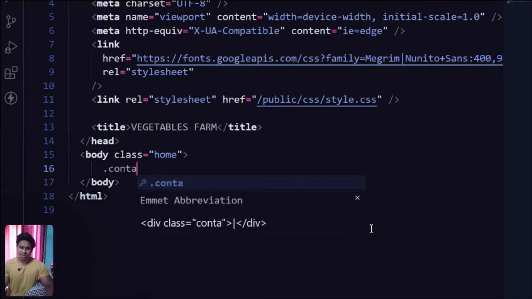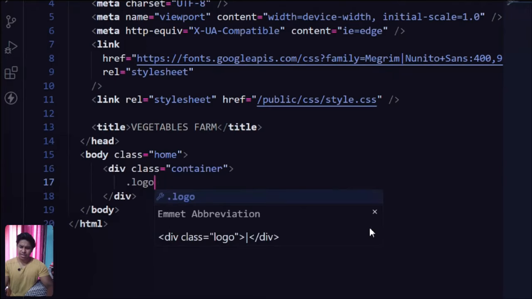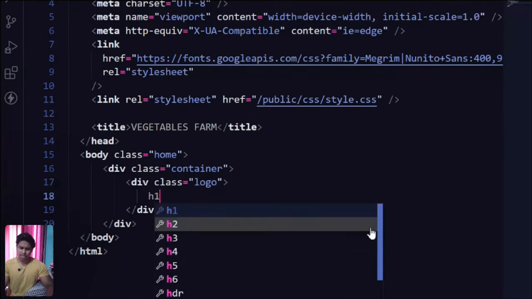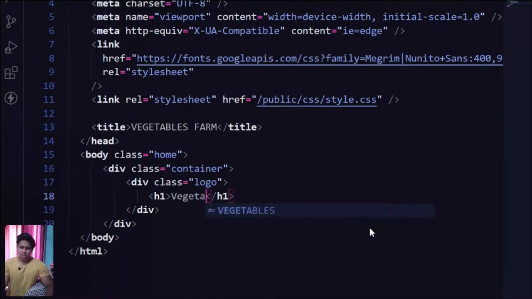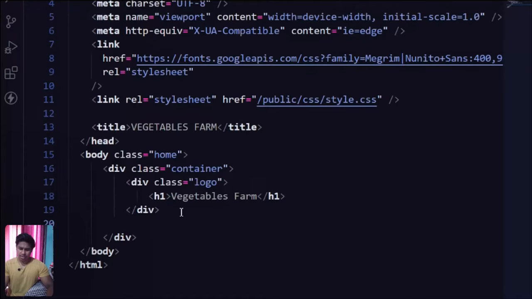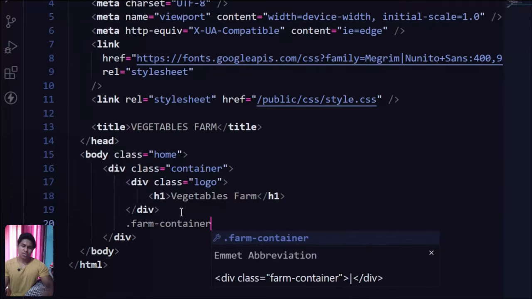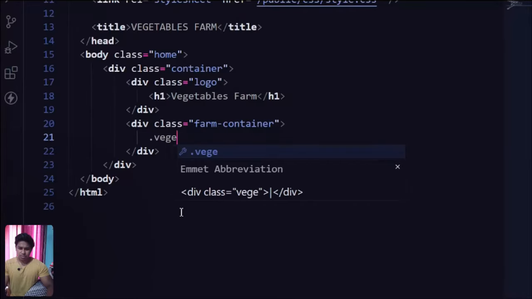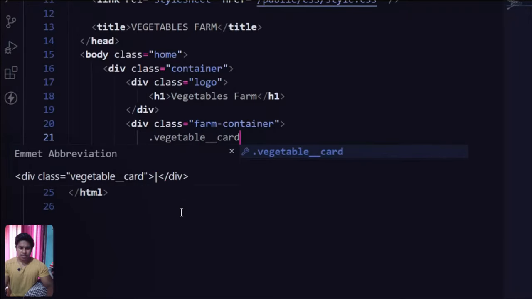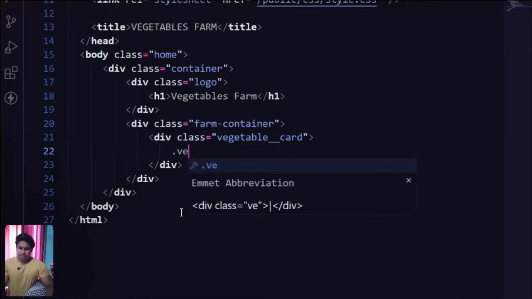Inside that I will take another div with a class of container, and inside that I will take another div with a logo class, and in that I will take an h1 tag, and here goes my title, vegetable farm. And I will come out of this logo container and I'll create another container with a farm container. This will actually hold all the cards which we'll create, and in that I'll call it vegetable card, and inside that I'll take another div with a